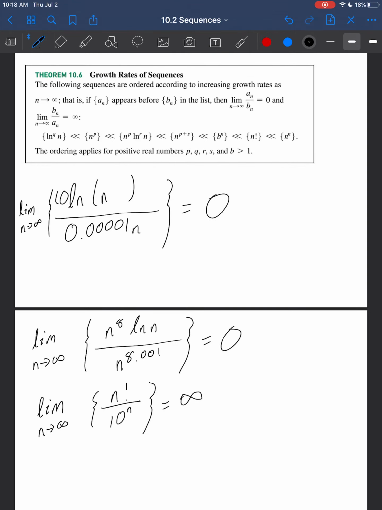Great, so this is how you use these growth rate functions. This is in particular really helpful if you just have functions over functions. Rather than some more complicated things where we might have multiplication of functions and then division and then more multiplication, or things inside my natural logs. These work really well for these simpler functions with this division. But it is really powerful, and it allows us to figure out these